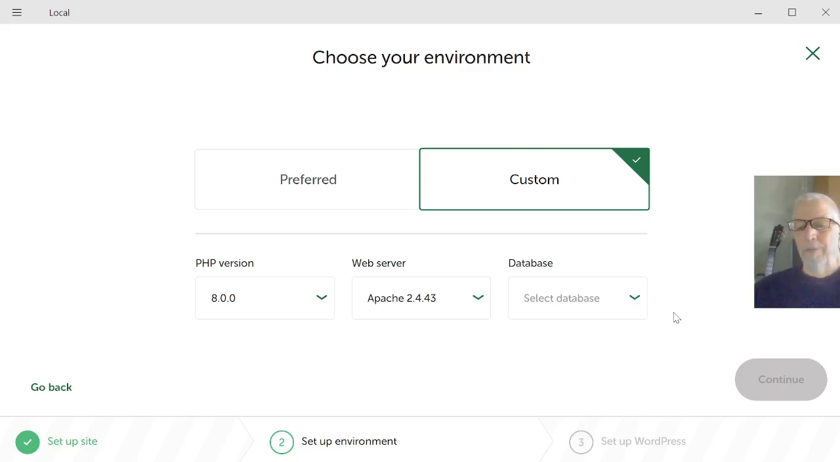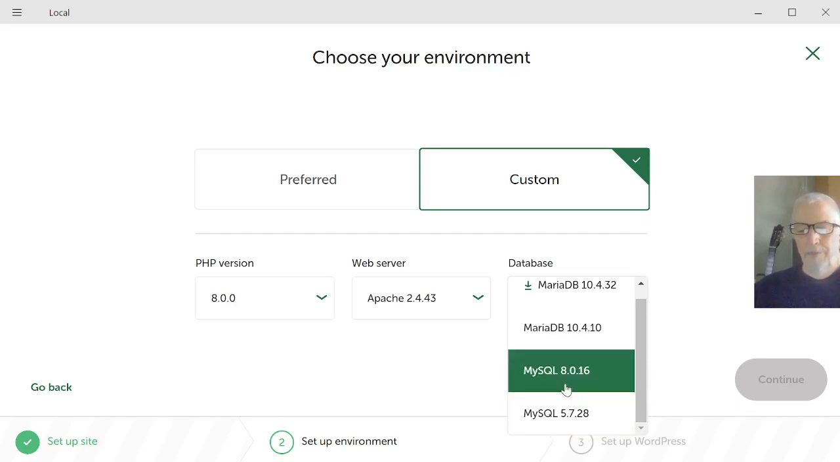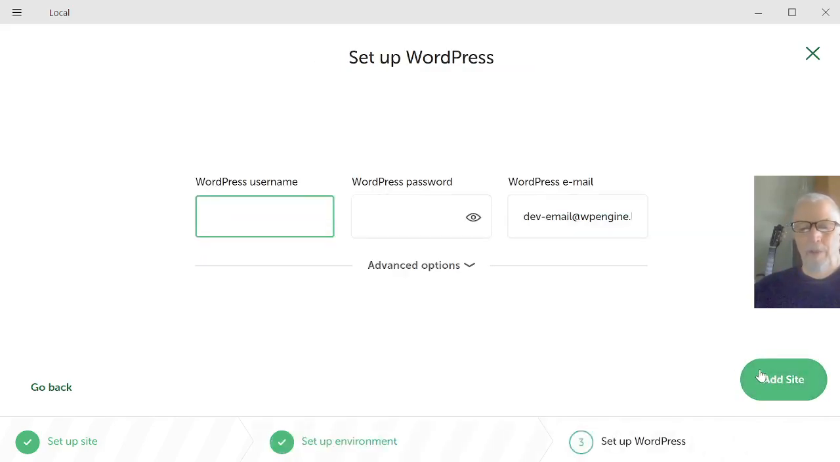web server, and then it asks for which database you want to use, and they let you use two different versions of MariaDB or two different versions of MySQL. Those are the only choices that you get right now, and I'm going to go with the MySQL and the biggest number of the version number on it. And I'm going to click on continue, and then it asks for my WordPress username, and I'm just going to put